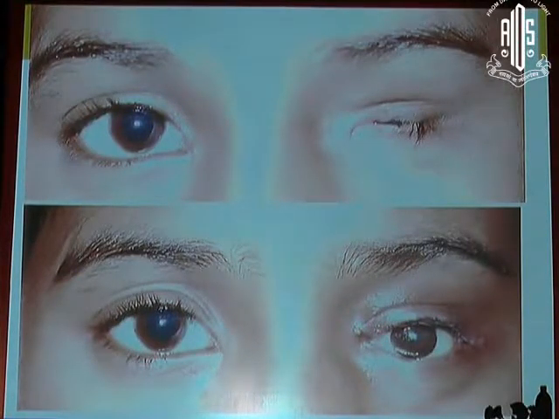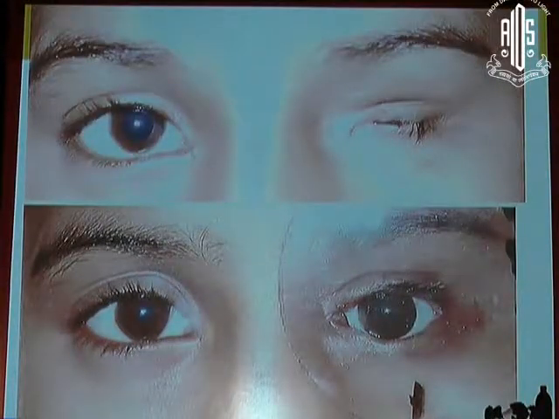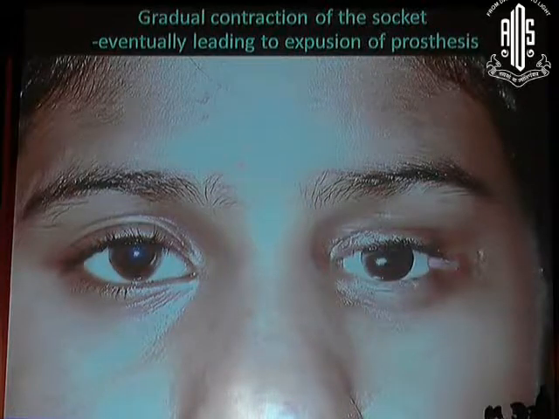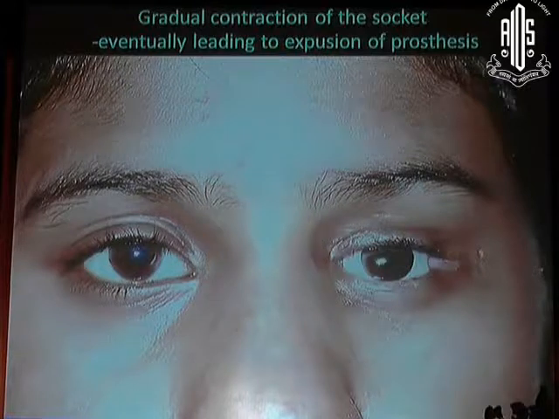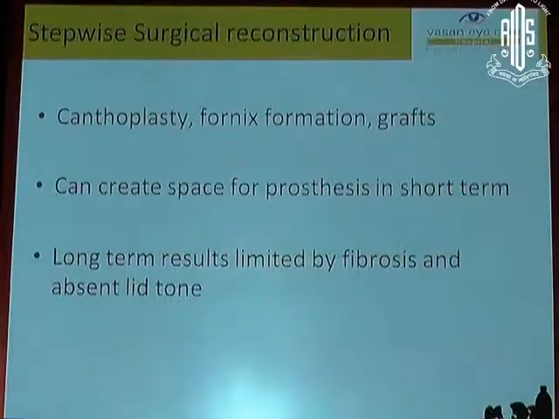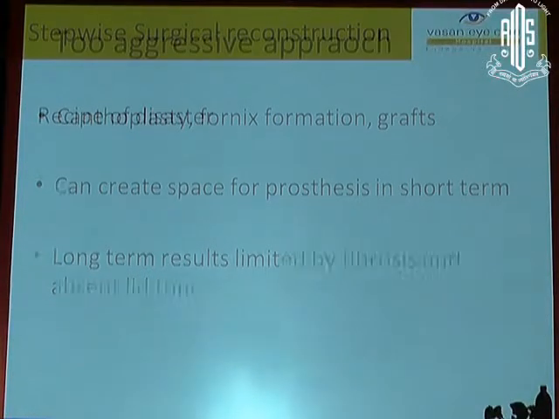But at 12 years of age, trying to expand is not very fruitful. With a cosmetic optic, we could give her a reasonable cosmetic outcome. However, with all the surgical intervention, as time passes, there is fibrosis and most of the things are undone. The final result is not as good as you would have achieved with a conservative approach, with gradual expansion and then giving a prosthesis. So stepwise reconstruction is better, but it is not as good as the conservative approach.